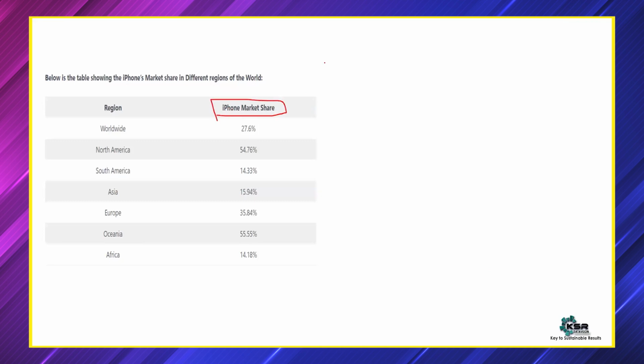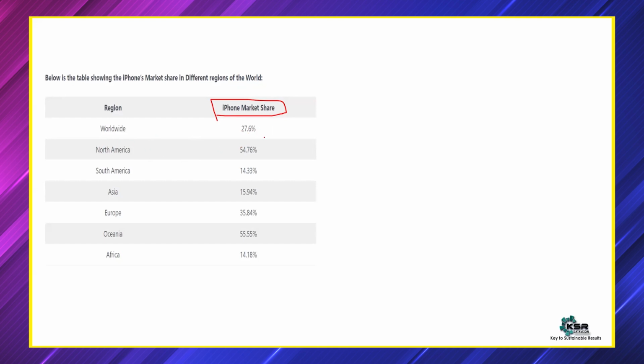How many of you in this group own an iPhone? Okay, I've seen 3 or 4 people who own an iPhone. Okay, 4 of them, 5 of them. Cool. So this is random information, taken from the Apple team itself: the worldwide market share of iPhone. Which region has the highest market share for the iPhone?